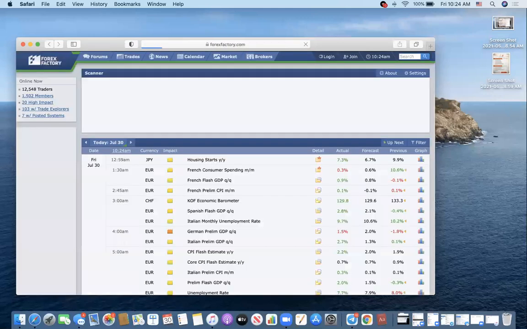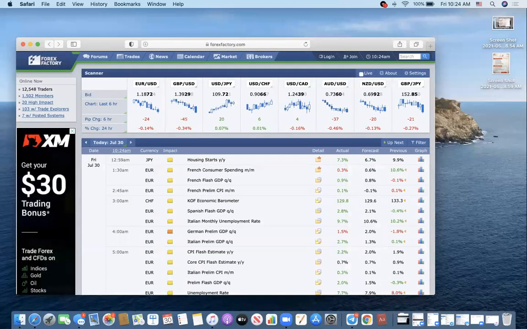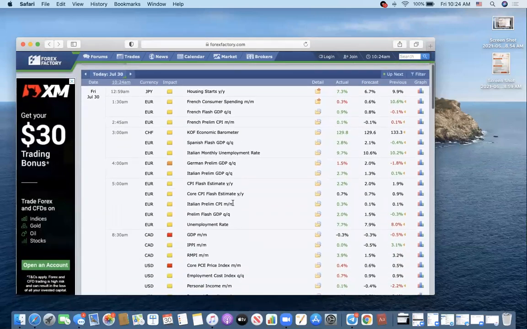So step one is always going to be to check the news, because you don't just want to pull up in the market and be like, hey, I want you. You need to know why you're choosing something or know why you're not choosing something. When you're checking the news, there's only three things you're looking for. And the main thing is that you're going to see these folders telling you what the impact is for the news. And around the time that you're trading, which is 10:24 a.m. right now,